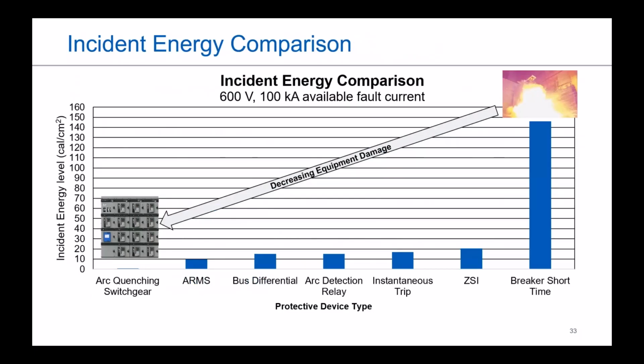Just to give an idea of scale, if you had a 600 volt 100 kVA system, and some of you may be sitting there thinking, well, I'm not in Canada, I don't have to ever deal with 600 volts, I only deal with 480. It's still the same precedent. You're still going to be dealing with quite a bit. You'll still probably be above 100 calories per centimeter squared when you're talking about incident energy for a system. Looking at the short time rating, you can see the scale of how all of these different incident energy reduction methods come into play and automatically scale down the risk of being in front of a piece of equipment.